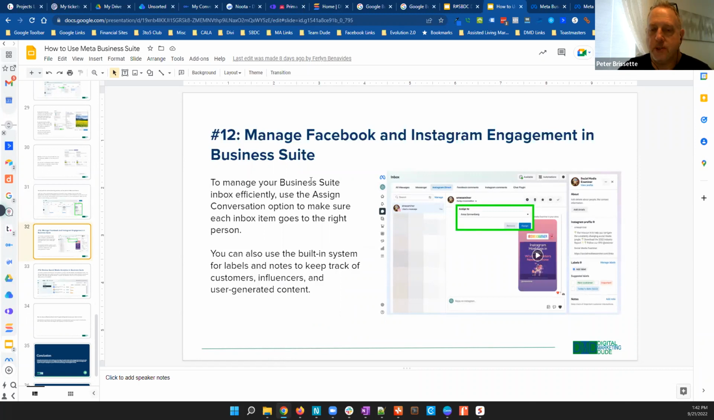Manage your engagement. So how do you track all the messages coming in? How do you track all the comments happening? Even inside of platforms like Hootsuite, it can be hard to have a single place where you're engaging